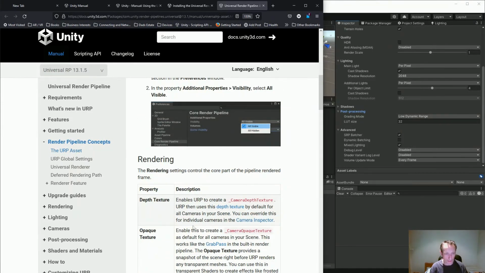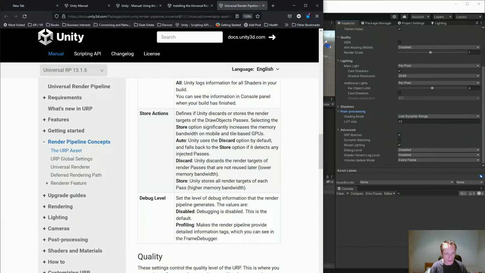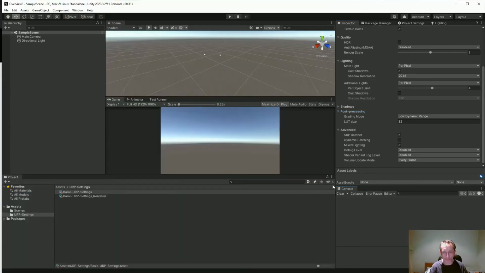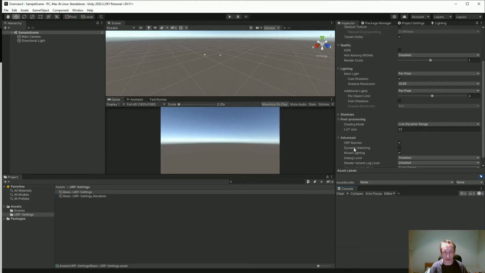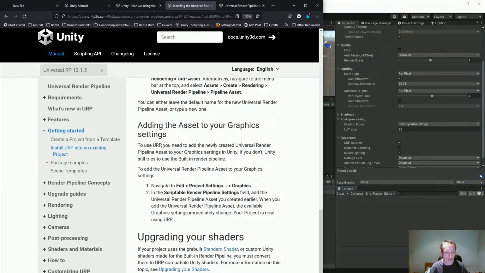Right, so let's say depth. Yeah, so okay. The good thing is they have explanations here for what this does, so we don't have to guess too much, but that's fine. So this will be fairly basic. Let's go with that for now. So now the next track will be in the project settings. So